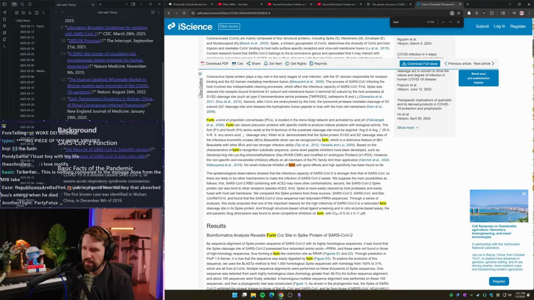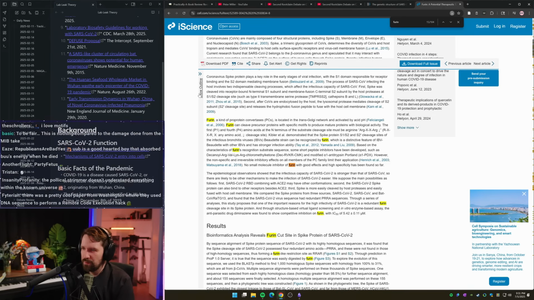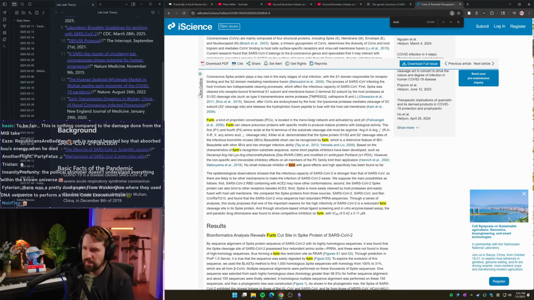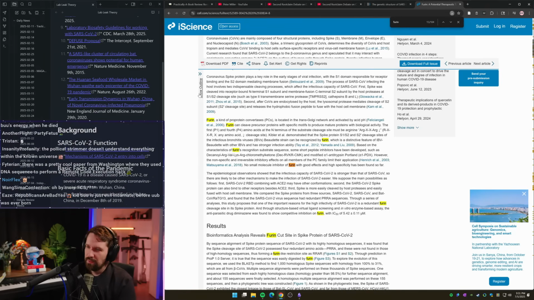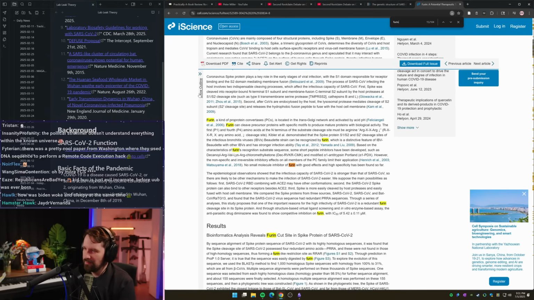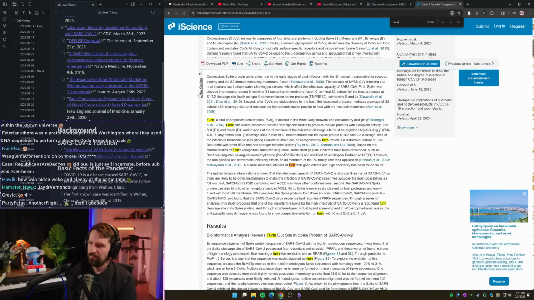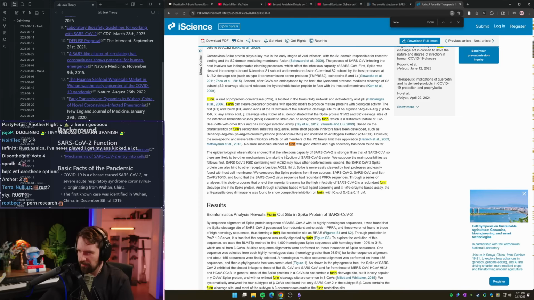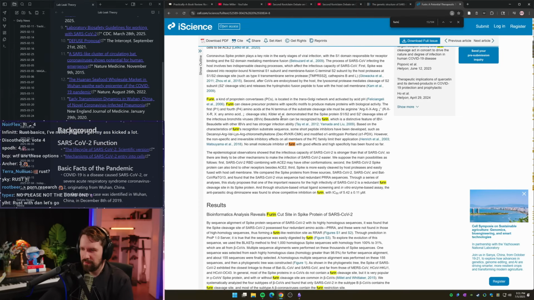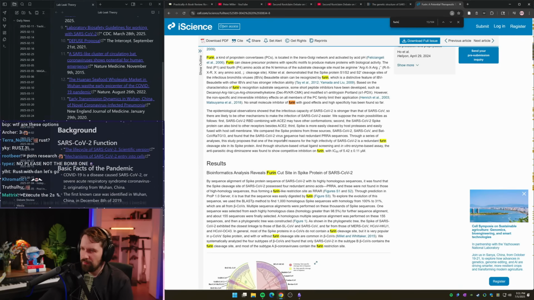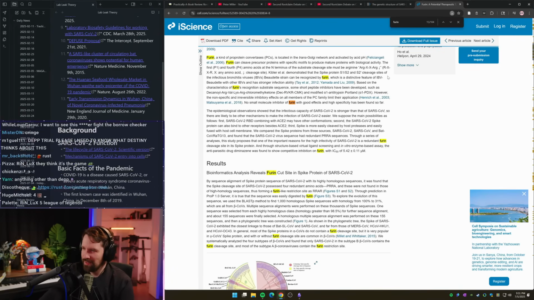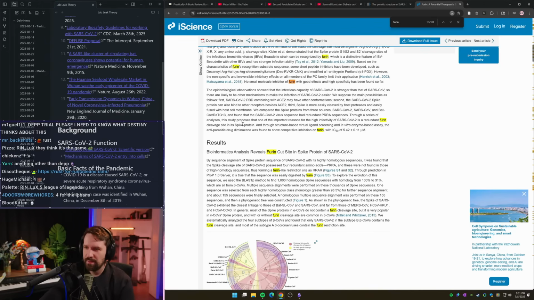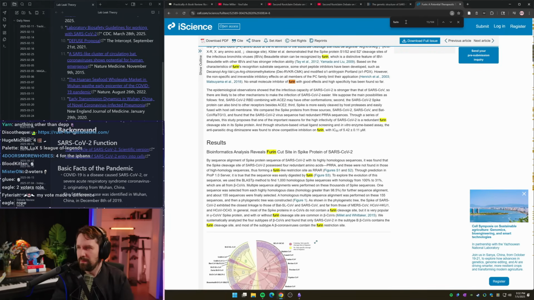of the infectious bronchitis virus beta strain can be recognized by furin, which is a distinctive feature of IBV. Based on the characteristics of furin's recognition substrate sequence, some short peptide inhibitors have been developed, such as decanoyl-RVKR-CMK and a modified alpha 1-antitrypsin. Through a series of analyses, this study proposes that one of the important reasons for the high infectivity of SARS-CoV-2 is a redundant furin cleavage site in its spike protein, and through structure-based virtual ligand screening and in vitro enzyme-based assay, the antiparasitic drug diminazene was found to show competitive inhibition on furin with